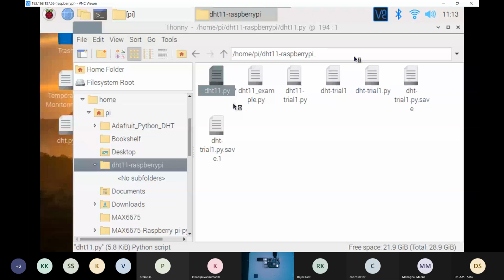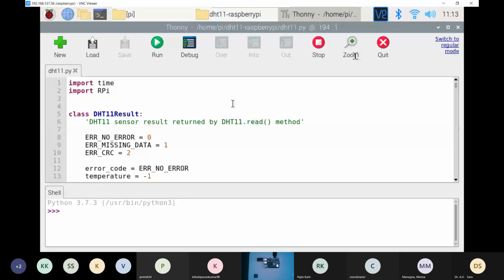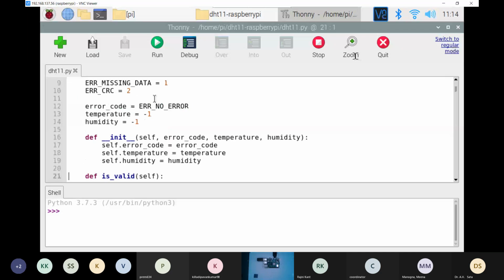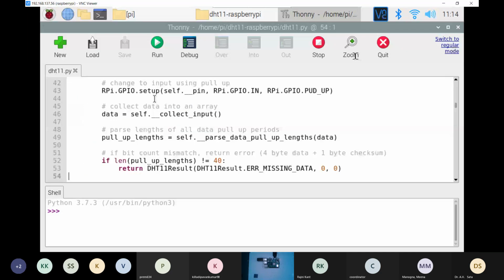As I clicked on it, it opened in Thonny Python, which we will be using throughout the sensing part. In the DHT library, which we have downloaded from the internet, they have imported time and Raspberry Pi GPIO, and then there is a definition of DHT11. All the functions are defined over there. So every function is defined somewhere else, and then we can use the library.